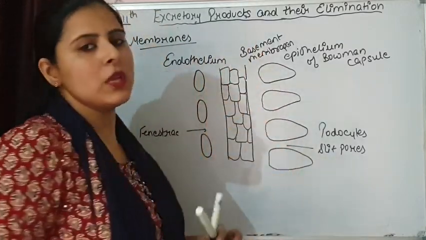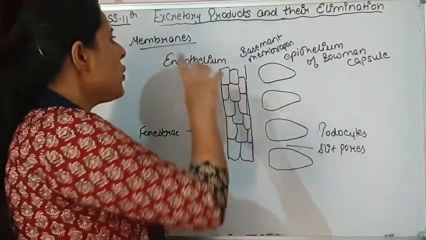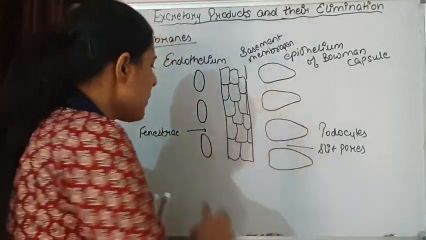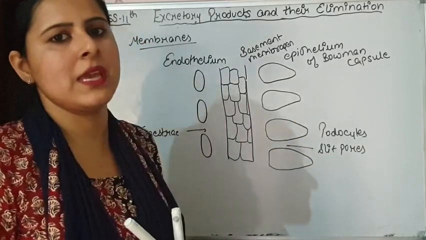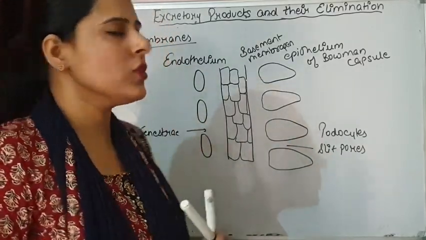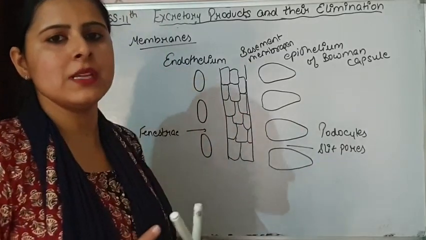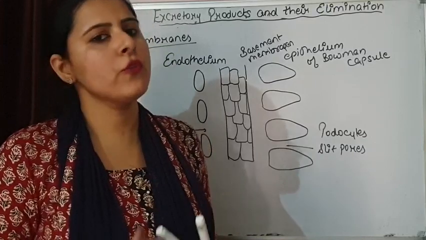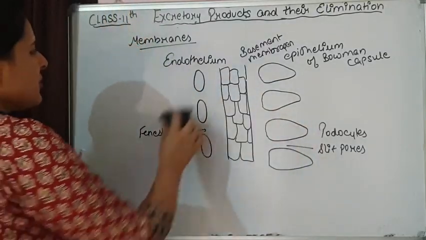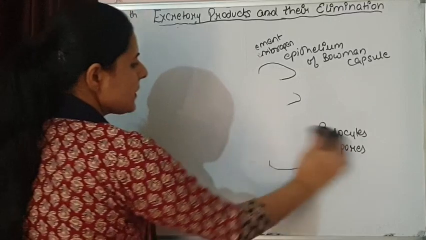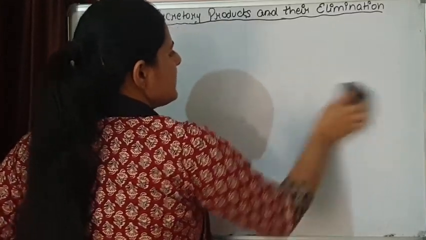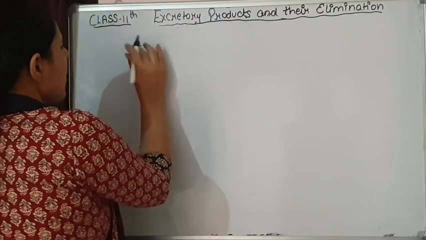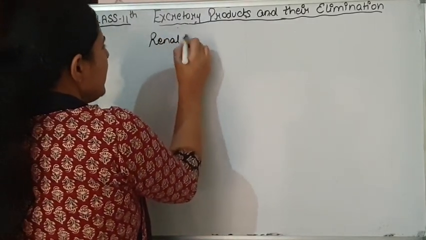As compared to normal blood capillaries, the glomerulus blood capillaries have a high filtration rate because of these specialized structures that are present in them. So this is how glomerulus and Bowman capsule are present, and both are involved in the process of filtration. The next structure that is coming next to the Bowman capsule is the renal tubule. So let's talk about the components of the renal tubule.